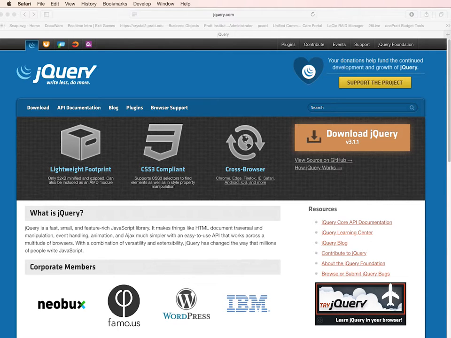Okay, and the one thing that we're going to look at here is that a lot of widgets or interactive functionality that's often added to a site is done using this technology. So there are a lot of different things out there that use jQuery. I'm sure all of you in this class have experienced jQuery in one sense or another. Okay, but what I'd like to do now is actually go in and take